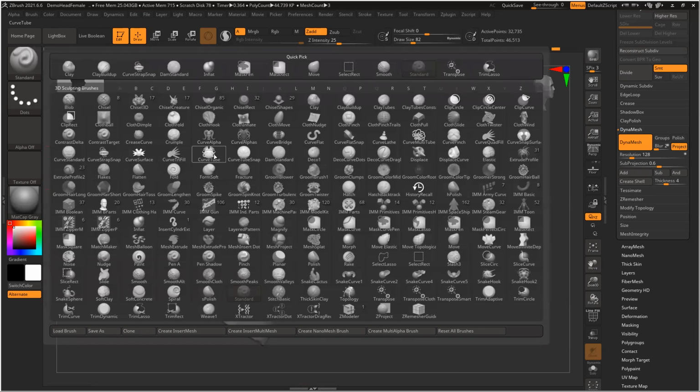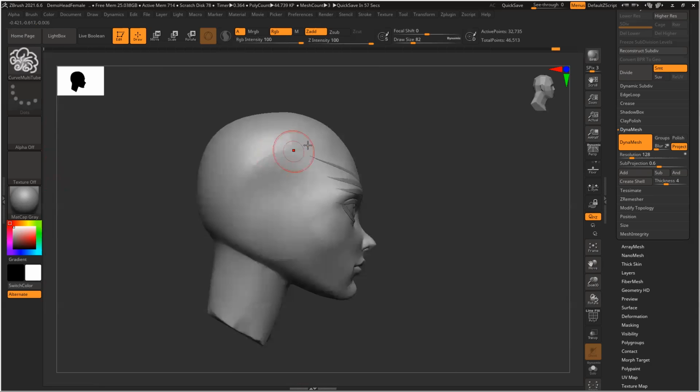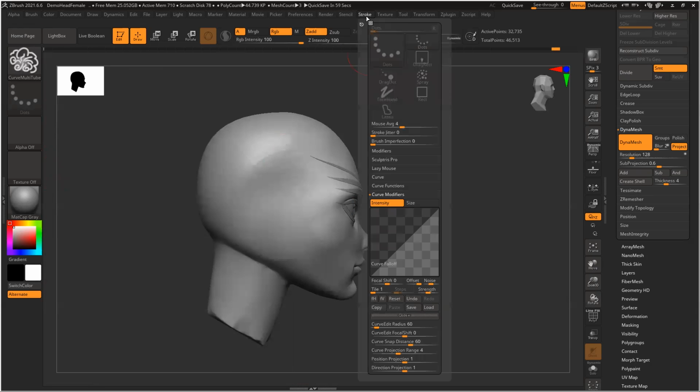So I can use a curved tube or I can use only a tube or a curved strap or any brush, or multi-tube also I can use. Let's see. Yeah, multi-tube I can use. So I go to stroke again. It's thick, not thick.